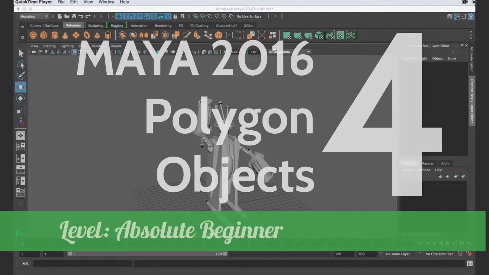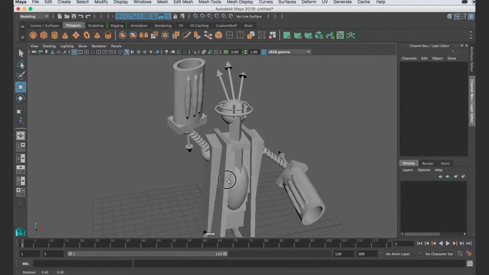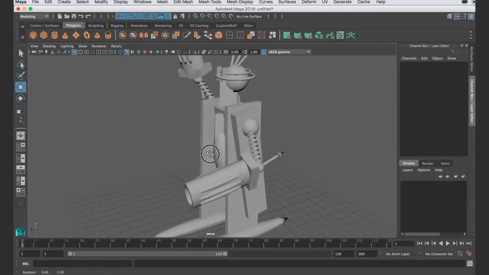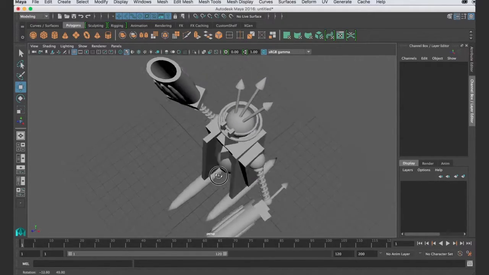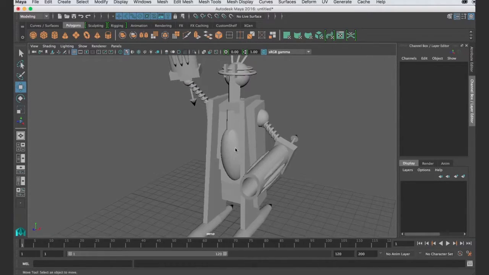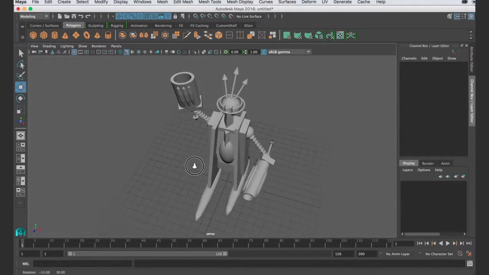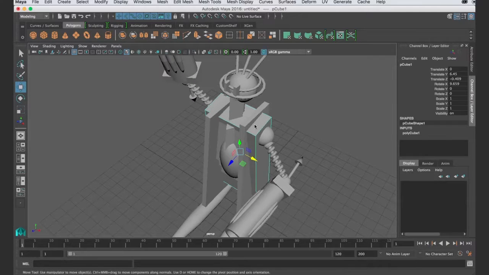We're still on polygonal modeling, and you may wonder, what is this creature here? Well, this is what I hope we might create. I thought it might be fun to learn some of these basics that we've just gone over and create something. Now, this is by no means a professional model, but it demonstrates several of the things we've been learning, such